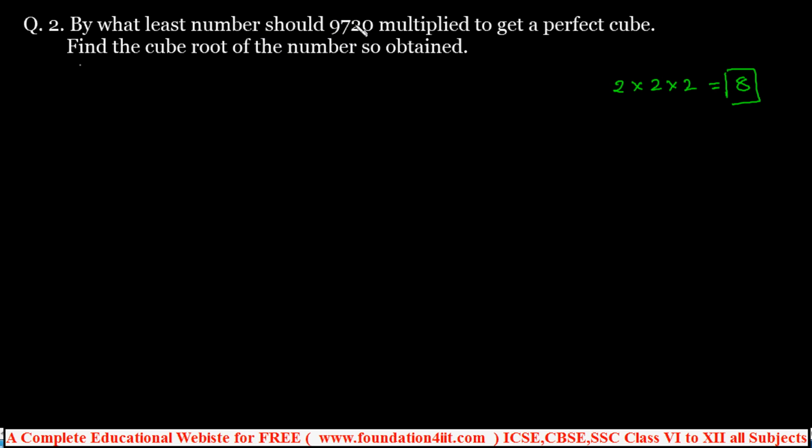So now what we'll do, we'll take this 9720 and do prime factorization. Prime factorization means we should do division only with prime numbers. This is an even number, no? So 2 is the first prime number, and the only even prime number. After 2, if it is not divisible, the next prime number is 3. Only with prime numbers should we go for division. That's prime factorization.